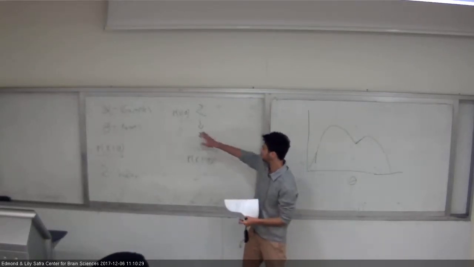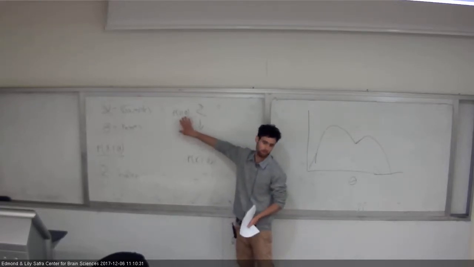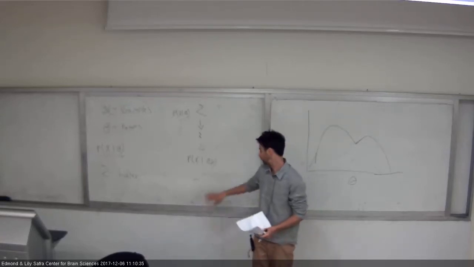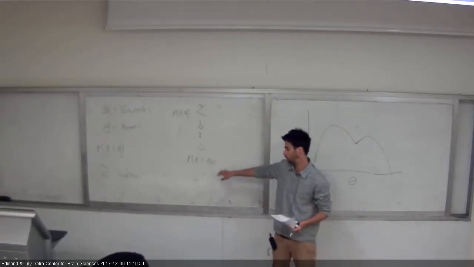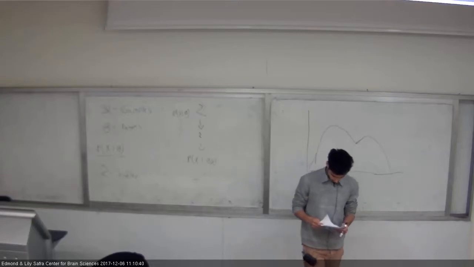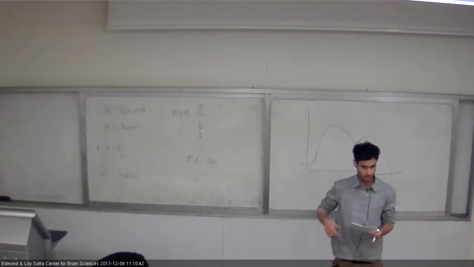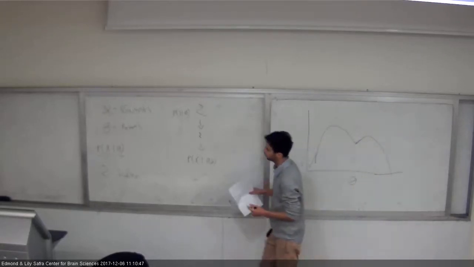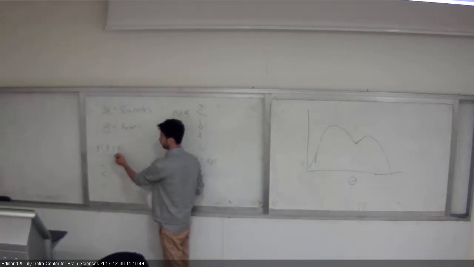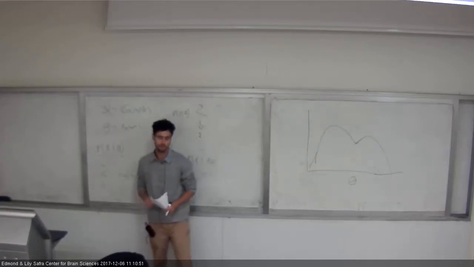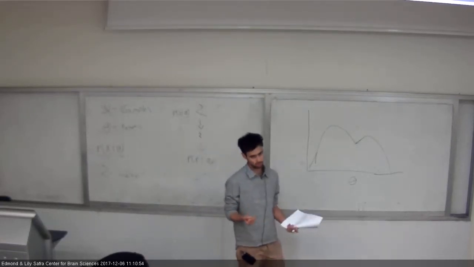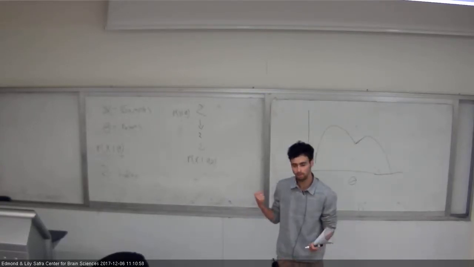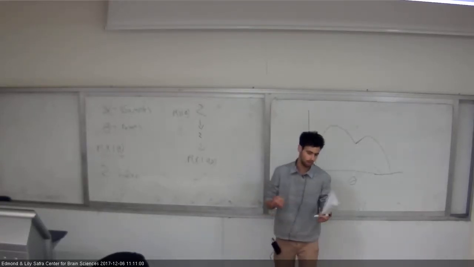Again, we sample if it's a man or a woman, and then we sample the height of the man or the height of the woman. In general, if we can describe p of x given theta as a mixture of distributions, and these distributions are Gaussian, we call it mixture of Gaussian.